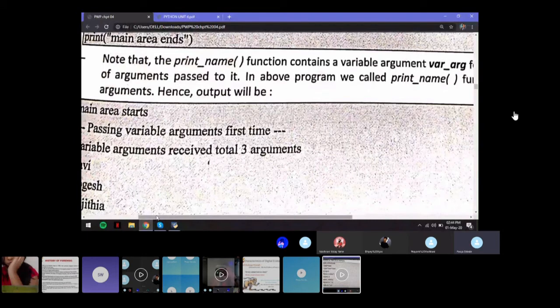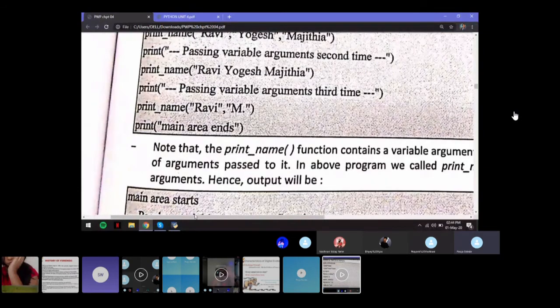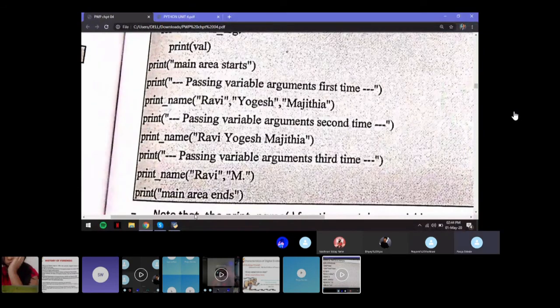It will print that variable arguments received is 3 arguments, and then it will print all the 3 names, right? So it is going to accept anything that you pass. It considers all of these 3 names as different arguments because you've put a comma between them.